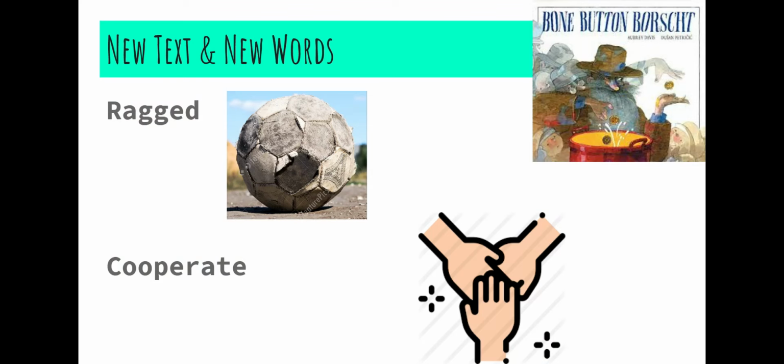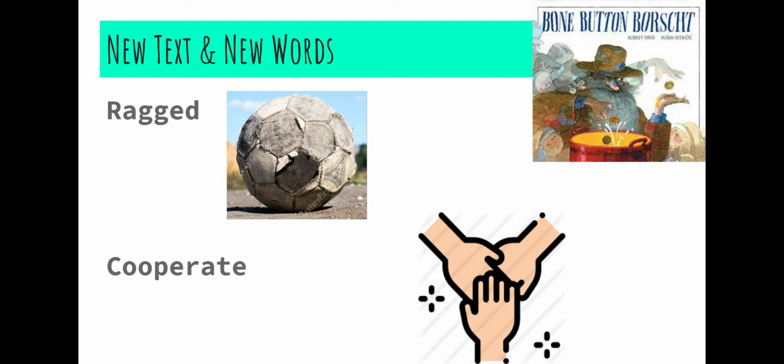Before we begin reading the book today, I want to introduce you to a few new words. The first word is ragged. In this story, there's going to be a main character they call the ragged beggar. Now, the author uses the word beggar to describe this person. We probably wouldn't call someone a beggar now because it's not a very nice word, but this beggar is someone who doesn't have a place to sleep and often doesn't have food to eat. So the people in the town call him a beggar. They call him ragged because his clothes are old and worn down, maybe have tears and rips and maybe dirty, kind of like the soccer balls, kind of beat up.